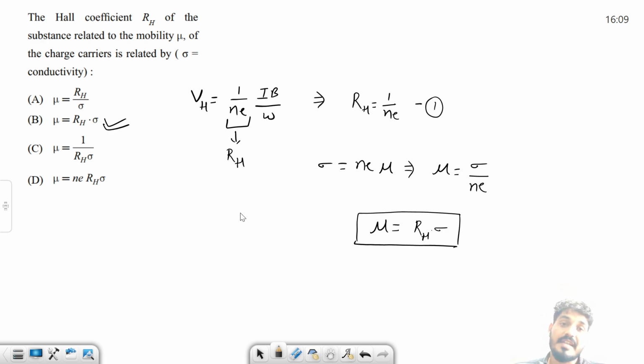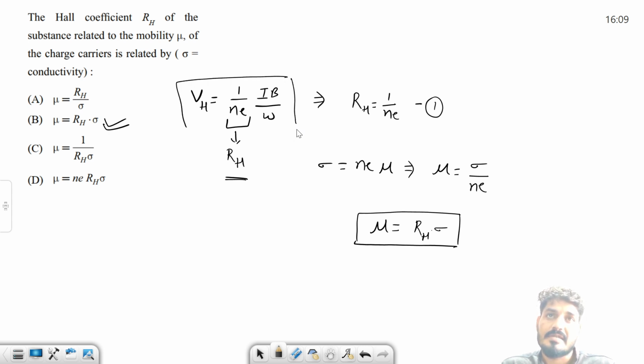Again, it's a very straightforward question, but you have to remember the formula directly. What is RH? In this question, you also have to directly remember this formula. Sometimes they will ask for the Hall voltage as well. They may give the current, magnetic field and width, and ask about the Hall voltage. Or sometimes they will give you the Hall voltage, and may ask about RH, or about N. Any kind of variation they do. Fine. So just remember the formulas. Okay, let's see the next question.